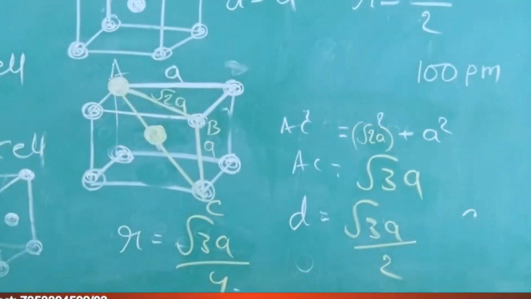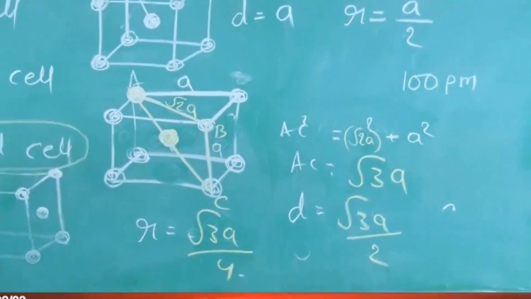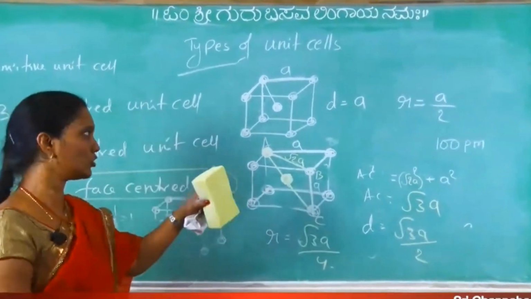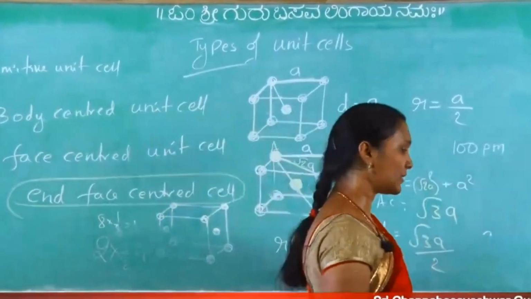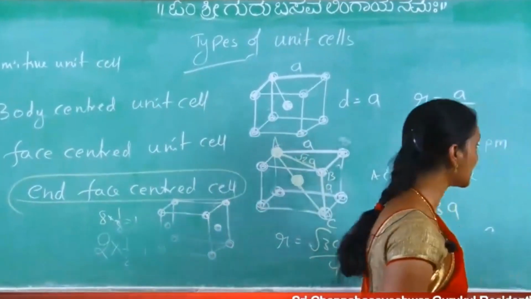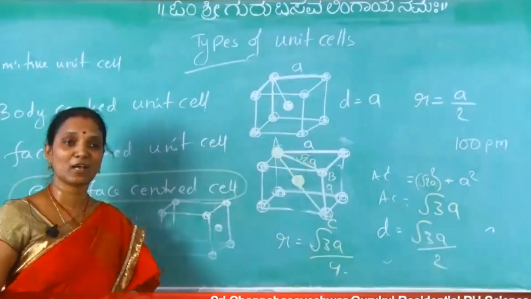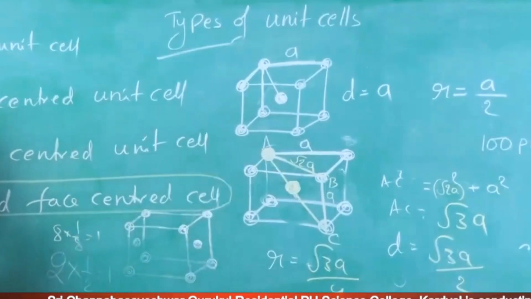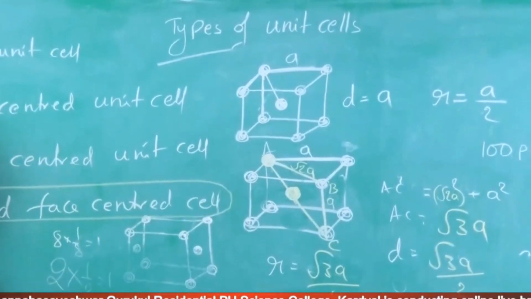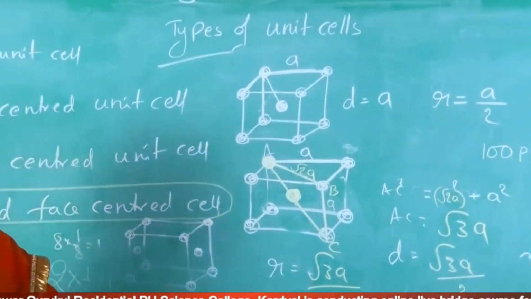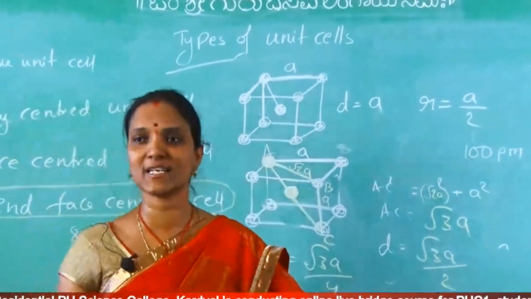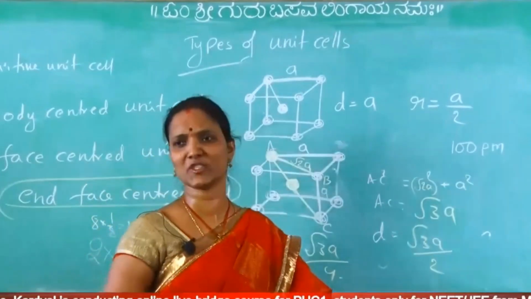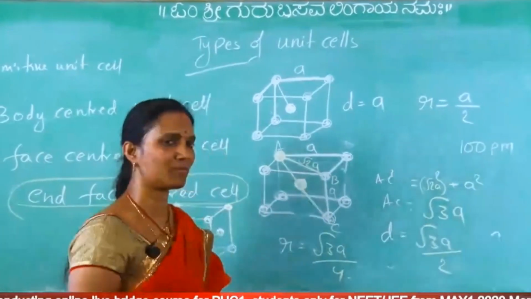This is not in a cube, that's why we are not using this unit cell. We are not calculating anything here because it is not a cube. In cubes only we are calculating: primitive unit cell, body centered unit cell and face centered unit cell. Now they will give the edge length value, and we should find the distance between nearest neighbors and radius in primitive, BCC, FCC. Otherwise they will give the distance and we should find the radius, or they will give the radius and we should find the edge length. Anyhow, these are the formulae used to calculate.